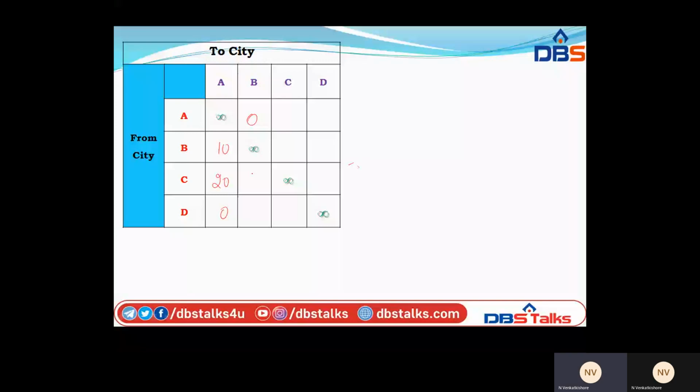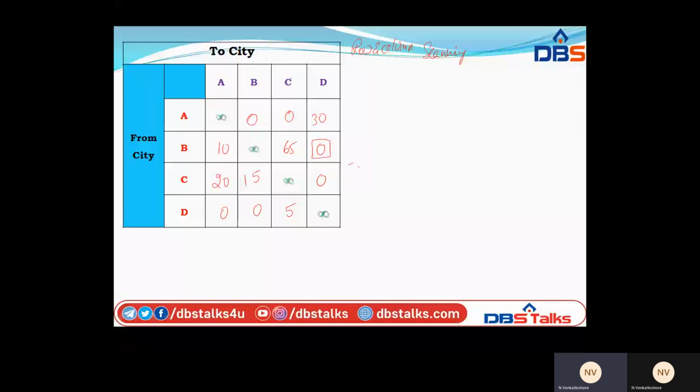Now apply once again the row and column. Then in the first row we have to eliminate it. So in B, we are having a single 0. By doing this, cross out the corresponding column. And in the third row, no one is there. And in the fourth row, we are having 2 zeros. Then you eliminate this one.